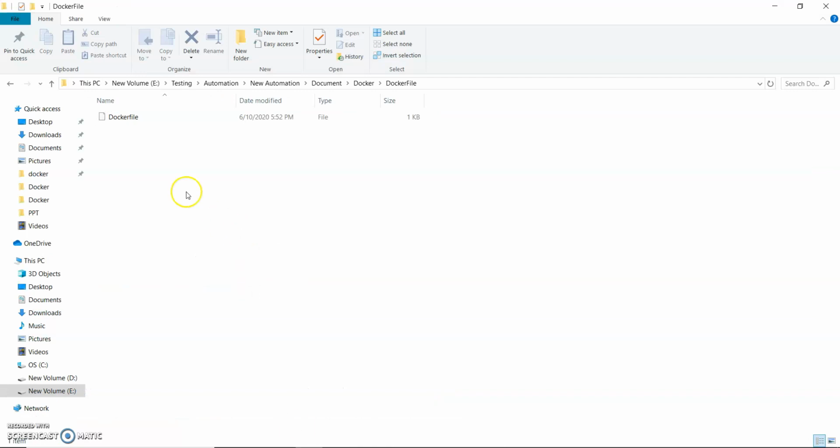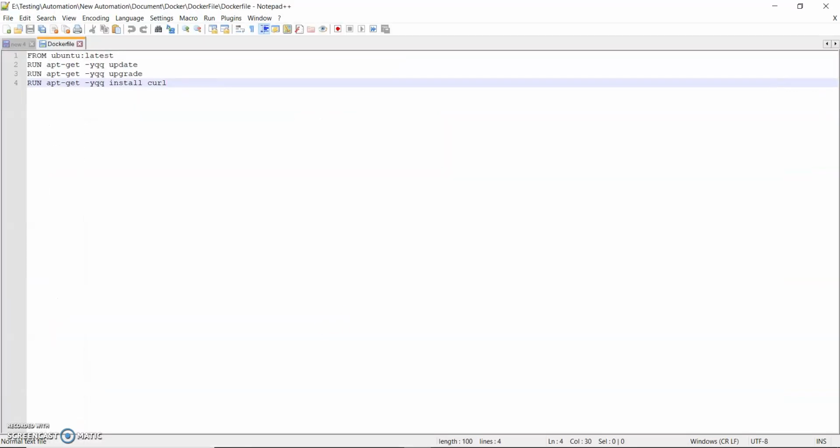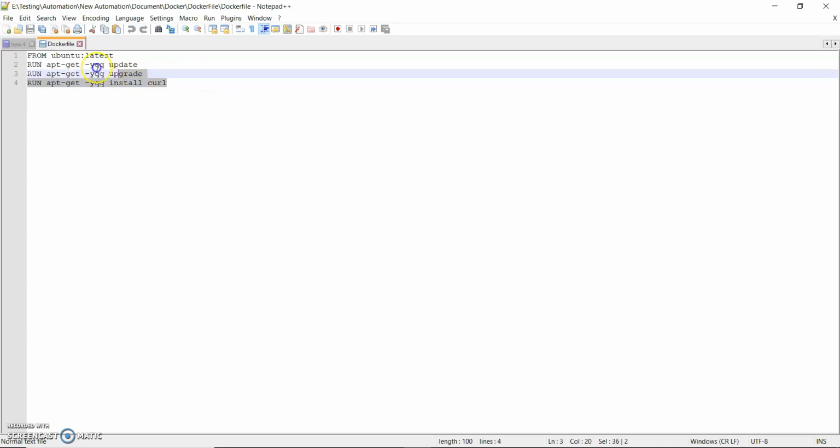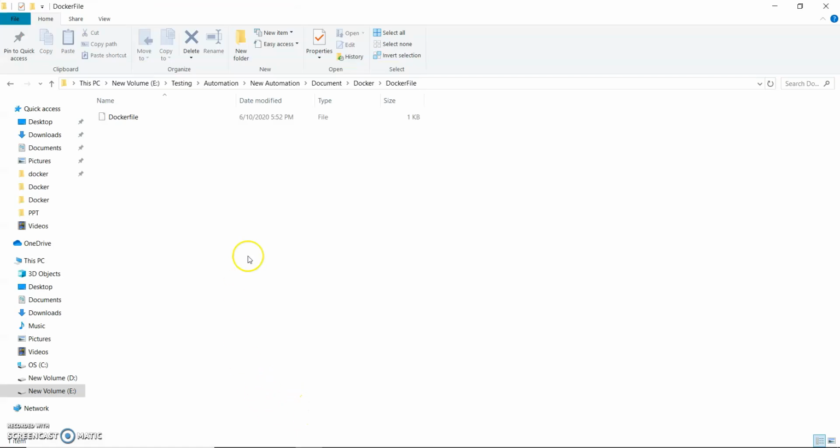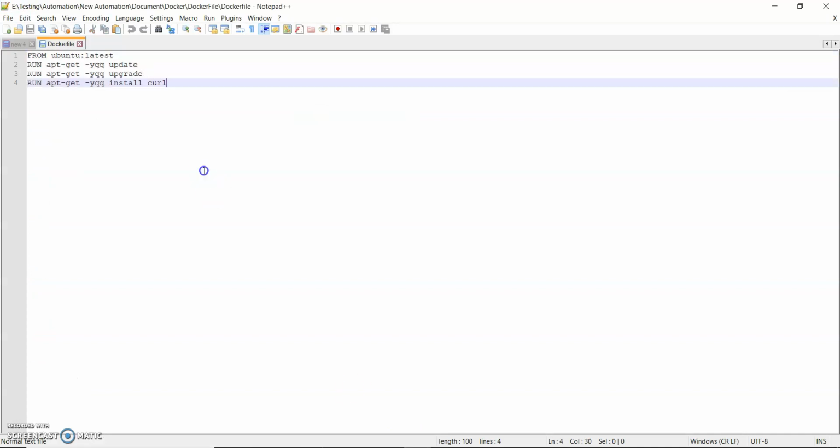So now I have one Dockerfile, and what we have to do is install curl. This is the step which I have written in my Dockerfile. If I go and show you, there is no extension on the Dockerfile, right? So what I am doing is, I first pull the Ubuntu latest image, then I run update and upgrade, and then I install curl. With this flag I am saying that you do not need to prompt for yes or no. Currently you override this with a yes value.